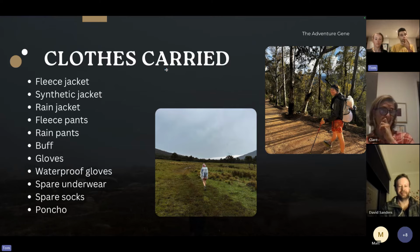Having said that, the number one thing that we have found with hiking is that the times that stand out in our mind as the most unpleasant are when we're hiking in the rain and when there's lots of wind. And so because of that, our system is geared around keeping us warm in that scenario. If you take a good sleeping bag, it's very rare that you get cold whilst you're sleeping. But getting cold whilst hiking in the rain is something that can very easily happen on the